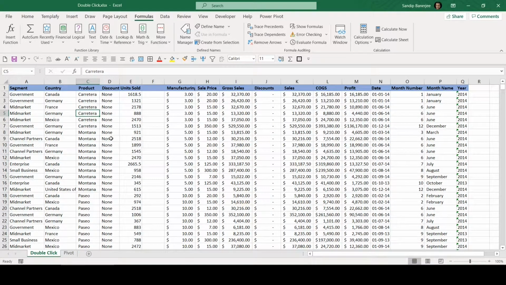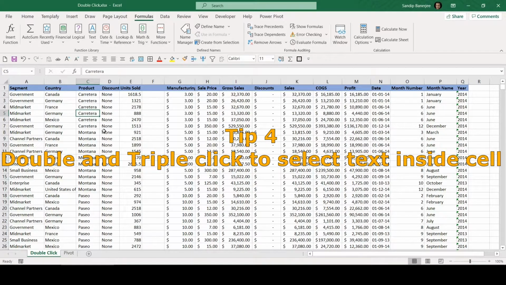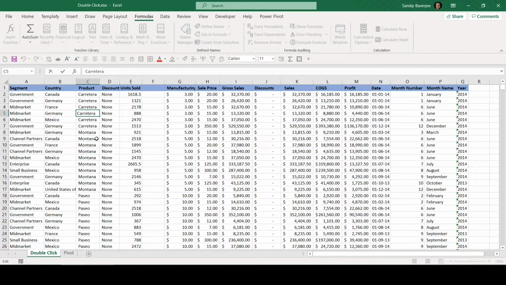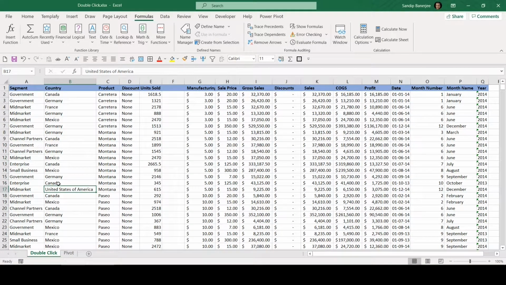Now the next one is you can select any of the text inside a cell using double click also. Now this editing mode is enabled. If I double click again, it will select this entire word. Now another feature here: if I select this particular cell and expand it so that I can see all words here, if I double click, it's allowing me to edit.